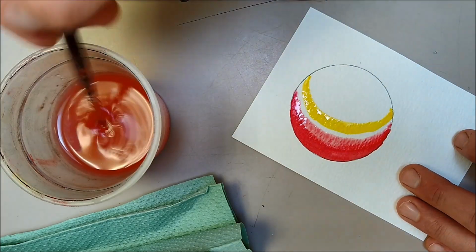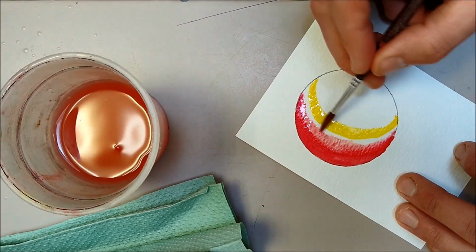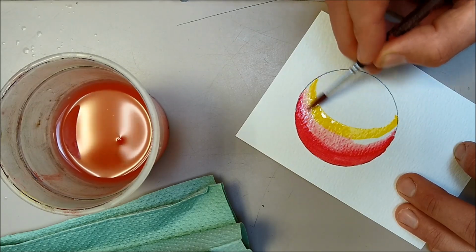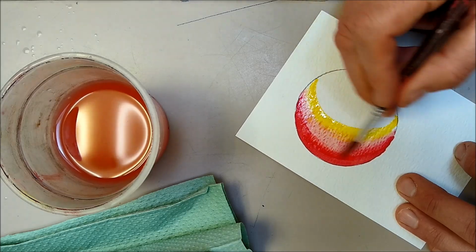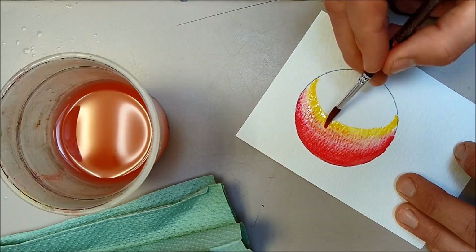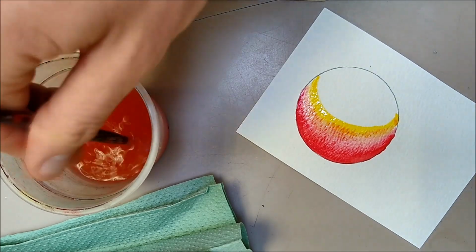I'm just going to wash my brush again, and we're going to make contact with the yellow now. So slowly it's going to bleed together and create an orange colour. So we've gone from red, dark red, deep red, slowly to orange, to yellow. I'm going to wash my brush again,